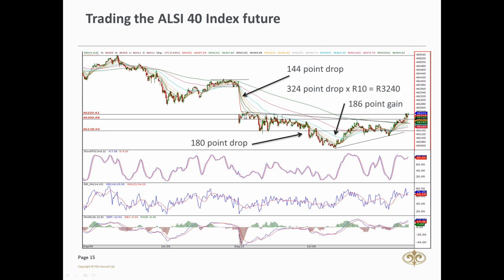The market opened down 144 points, and then slowly drifted down another 180 points. In that short period of time, from when the market opened, remember futures market opens at 8:30, till 10 o'clock, you could have had the opportunity of making 324 points, or roughly 3,240 Rand. But let's say you missed that. You could have got in over here and still gone short, and then from there closed out your position, gone long. There you would have made 186 points times 10, 1,860 Rand. Okay, that's what a day trader would do.